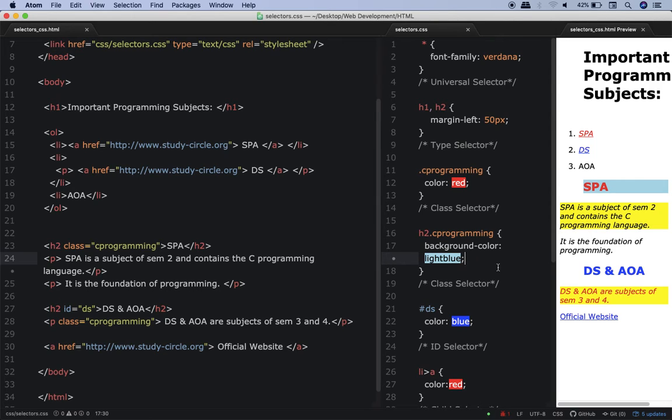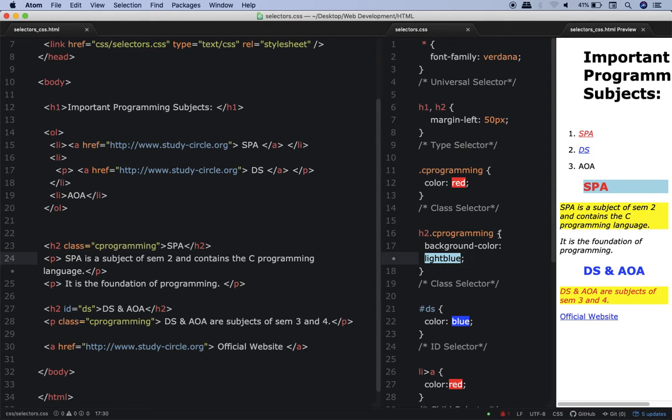See, what happens over here is that if I write only .c programming, then this will be applicable to all those elements whose class is C programming. Whereas if I write h2.c programming, then this CSS property is applicable only to that HTML element which is h2 and its class is C programming.